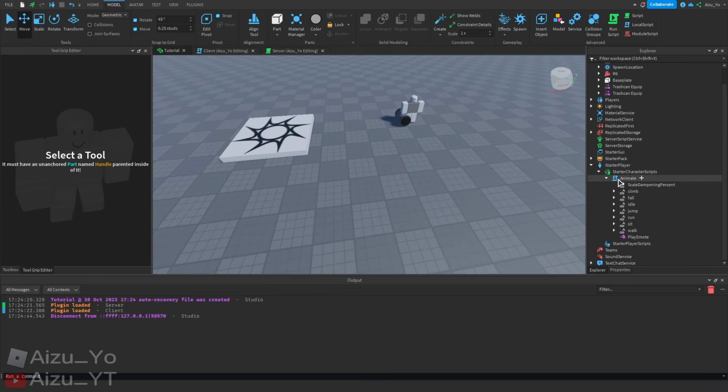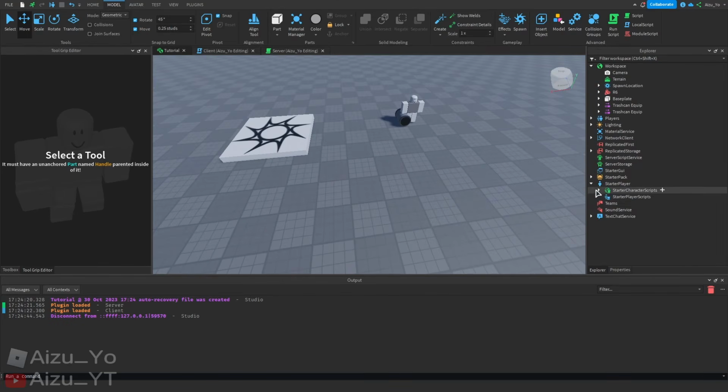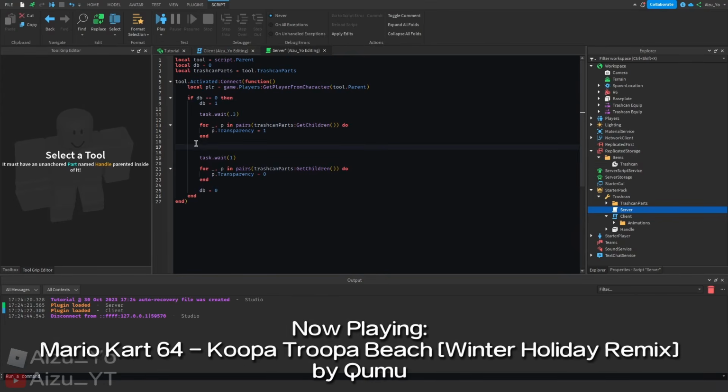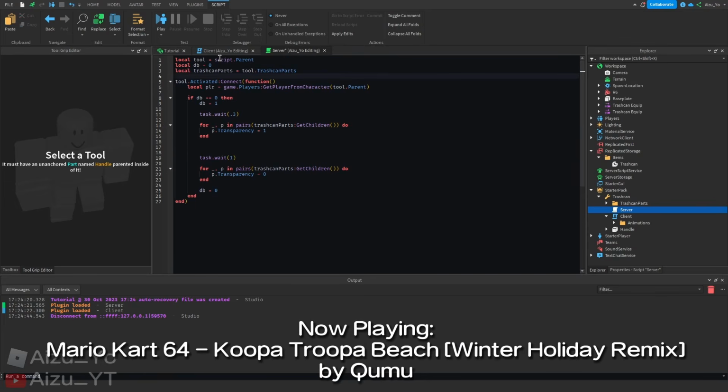That's done. So now inside of our starter pack, inside our tool, into our server, we want to do where it goes invisible. What are we gonna do when it goes invisible? We're gonna create a new trash can in its place and add velocity to it, so it kind of gives the illusion that we're throwing it, but we're not really. So inside of replicated storage, you can see right here. Let's reference the replicated storage first. So we're gonna say